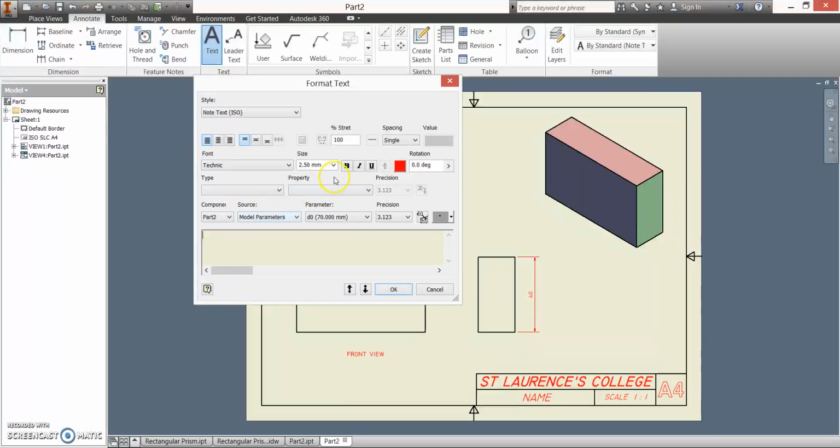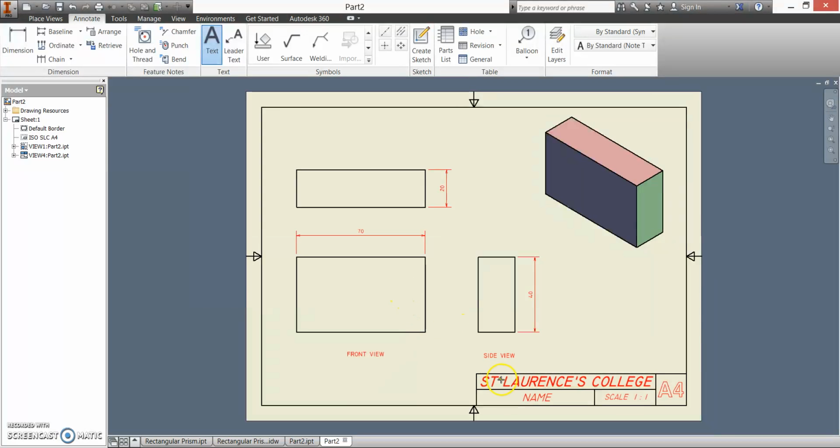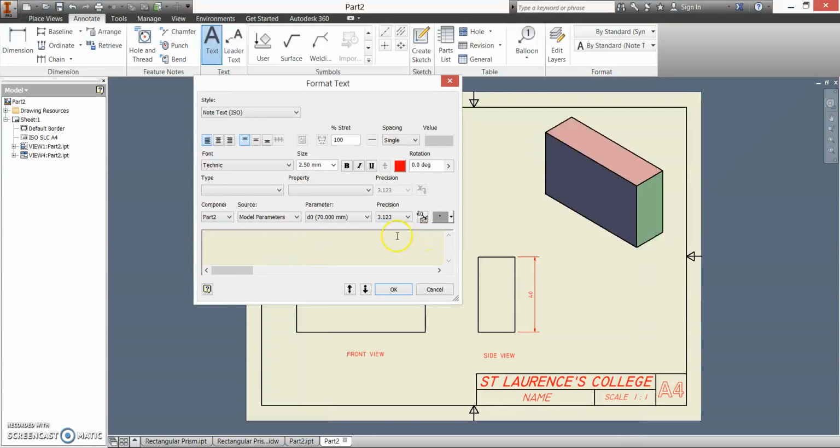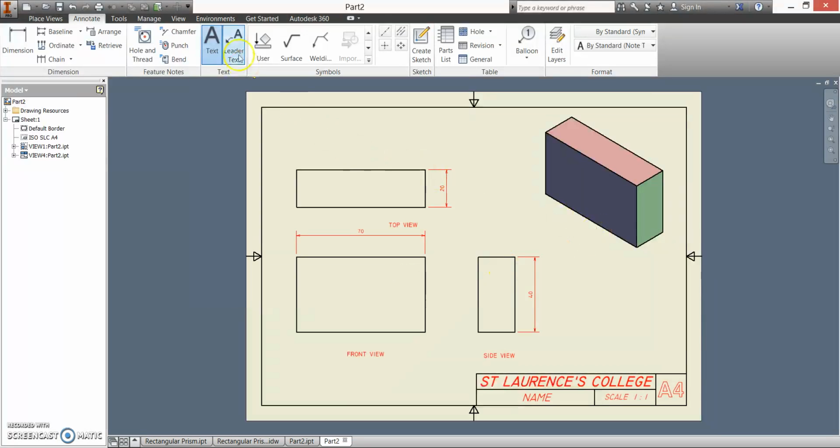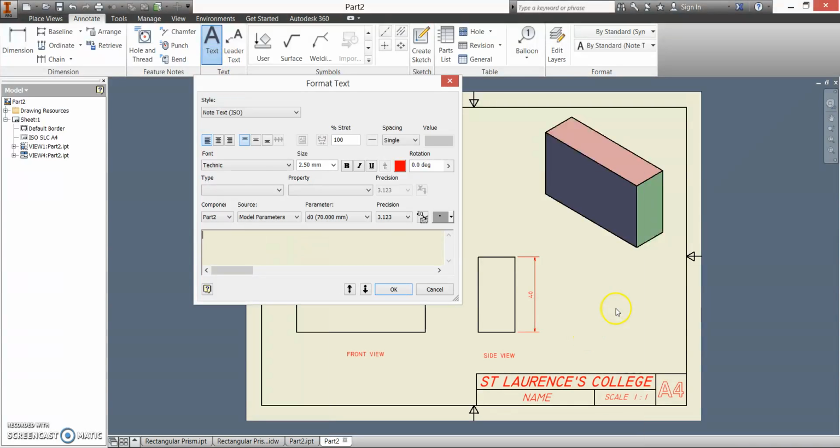And now we can do the same with our side view. So I'll set that to 3.5 first. And top view, and you can be tapping away doing this while I'm doing this as well, if you all happen to be doing the drawing at the same time. Isometric view,